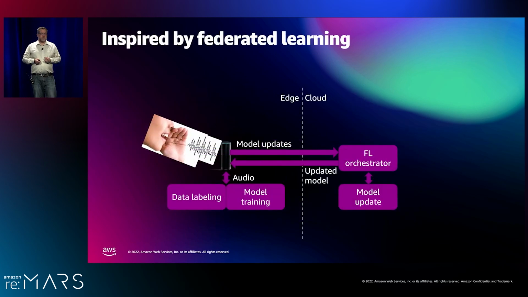And this approach is inspired by federated learning. So federated learning is an approach to machine learning where you actually do the training on customers' edge devices, or a portion of the training. So you, on your Echo device or your phone. So on the device, we'll actually automatically label the data and compute these model updates, just like we did in our real-time learning service. And then the model updates can be sent to the cloud, and the data never has to leave your device. So it's a much more privacy-preserving ML approach, and it's the direction we're heading.